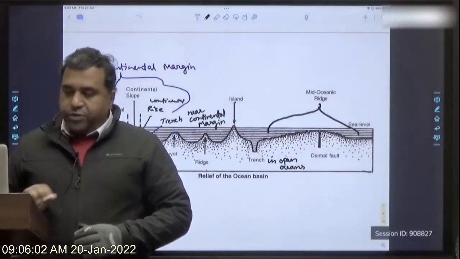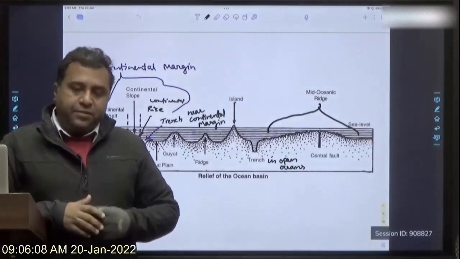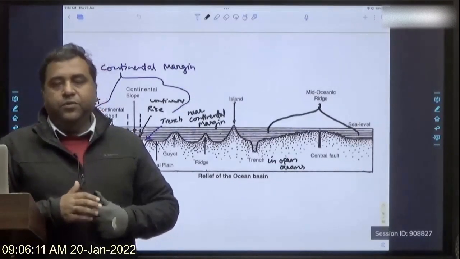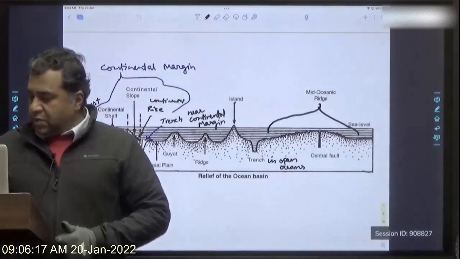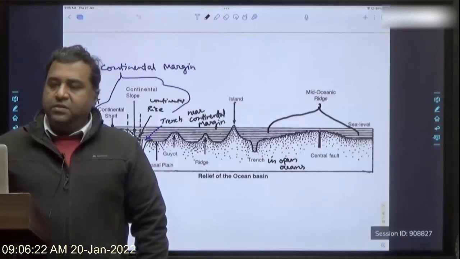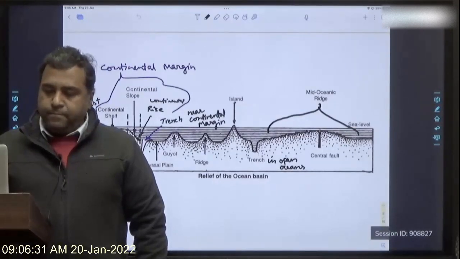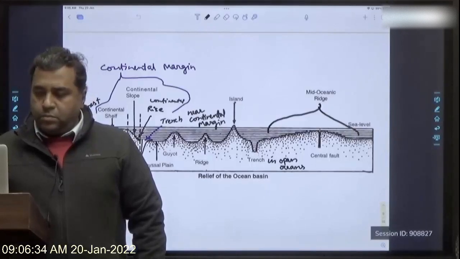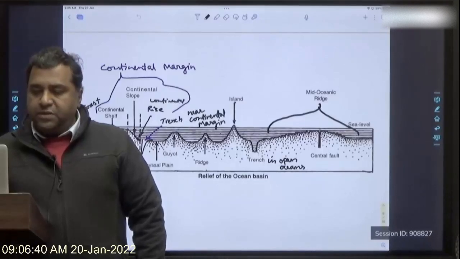Now, was this all that we came to know about the ocean floor, or were there other things also that we realized? I would now like you to write down in your copy that in addition to the features discussed above, there were also other